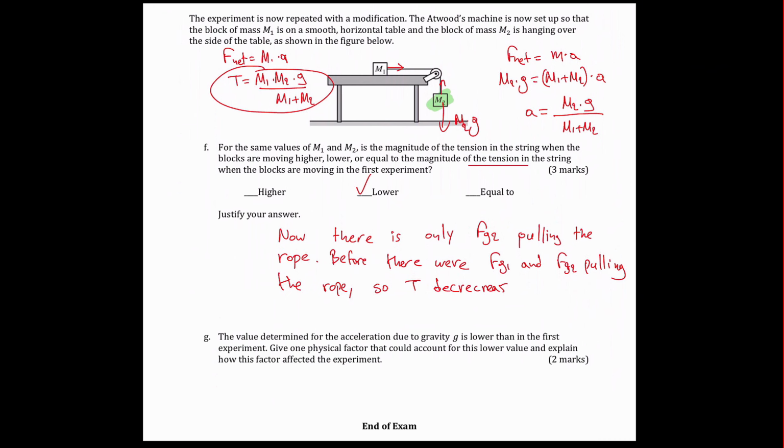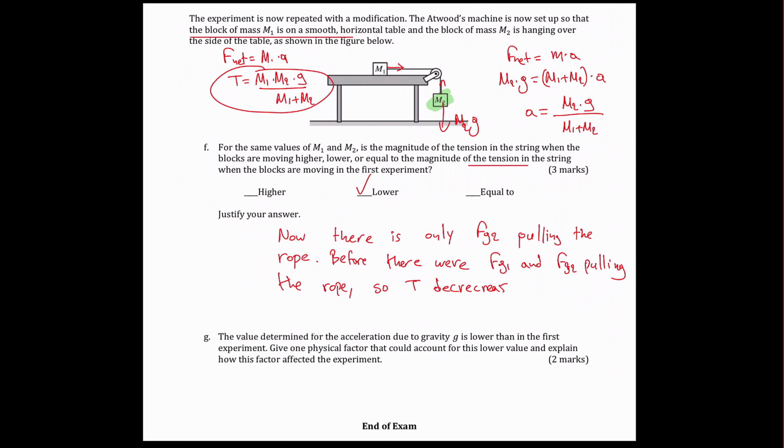Well, there are a few things that we can say. Basically, we need to figure out what can cause an error to our experiment. And what can cause an error to an experiment is that maybe we didn't measure the masses properly, accurately. But this is a little bit unlikely. One thing that can cause an error to our experimental values is the motion of this object. Basically, this object is on the table. Okay, he's mentioning that the table is smooth,